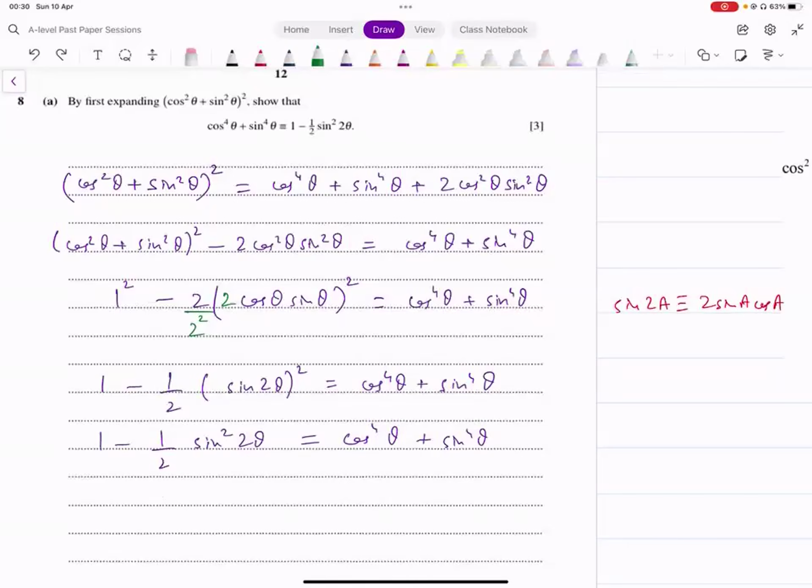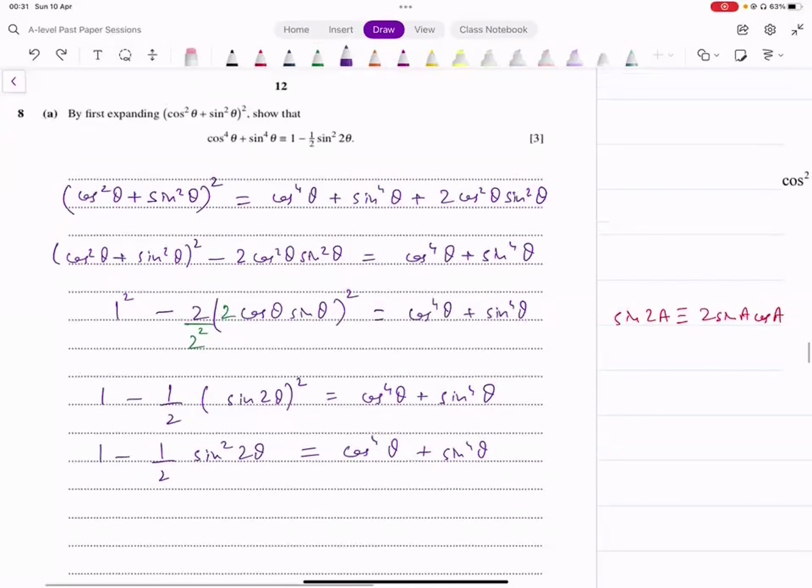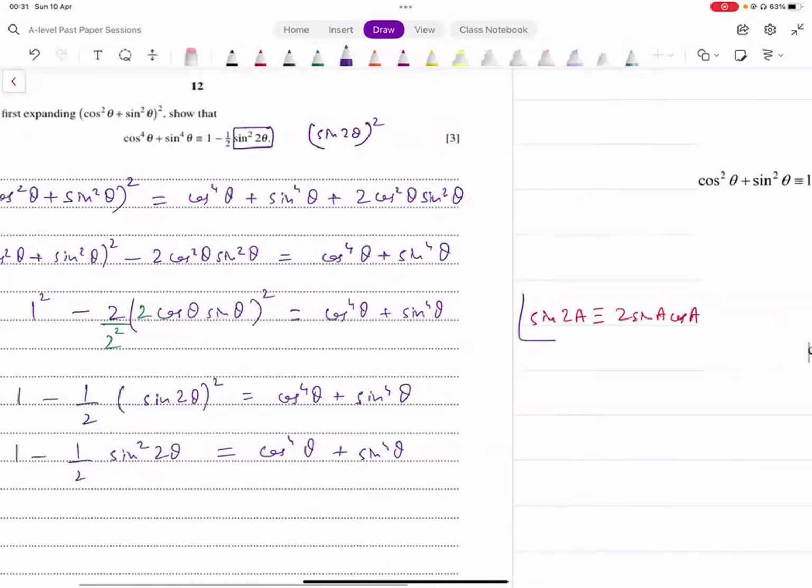हमें कैसे पता चलेगा 2 स्क्वायर को डालना है? हमें इस तरह पता चलेगा, क्योंकि हमें फॉर्म क्या चाहिए, हमें sin 2 थीटा चाहिए। हमें sin 2 थीटा होल स्क्वायर ये चाहिए। अब sin 2 थीटा कैसे आएगा? हमारे पास एक ही आइडेंटिटी है साइन की, 2 sin A cos A, राइट।